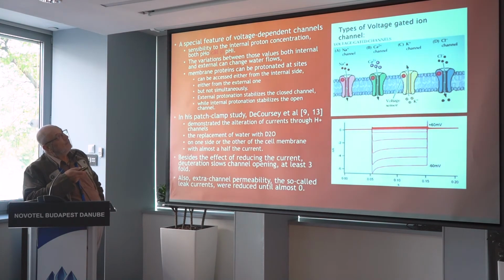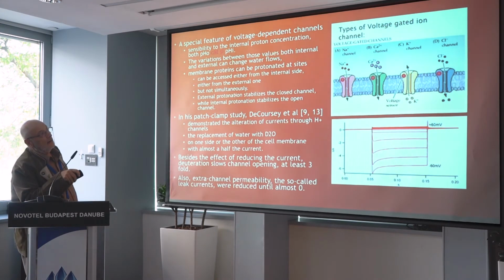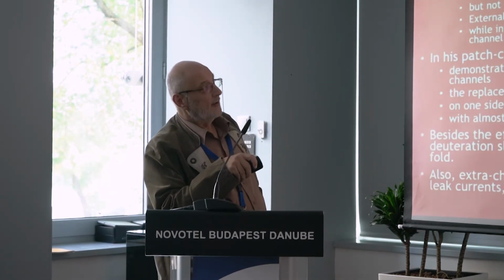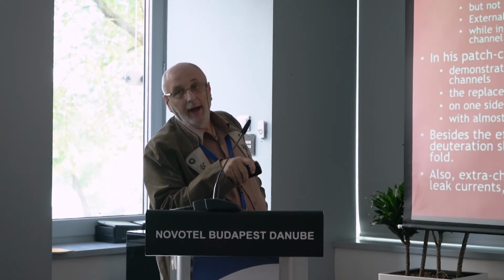A special feature of the voltage-dependent channels is the sensitivity to the internal proton concentration, both to the pH outer and so outer and internal pH. The variation between those values, both internal and external, can change water flows. Membrane proteins can be protonated at sites that can be accessed either from the internal side, or from the external one, but not simultaneously, not at the same time. External protonation stabilizes the closed channel, while internal protonation stabilizes the open channel. So, what happens? If we reduce external protonation, the channel will close and the traffic will reduce, while internal protonation is going to open the channel and allow the passage of